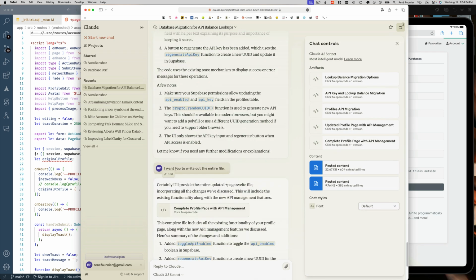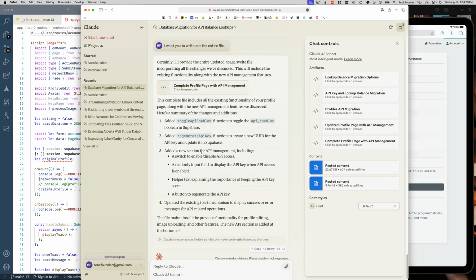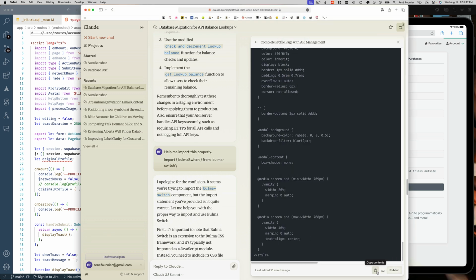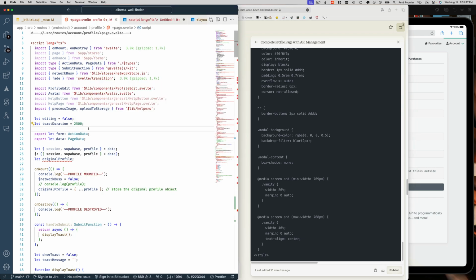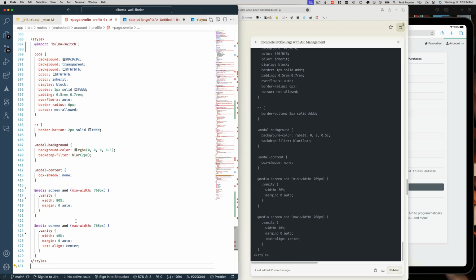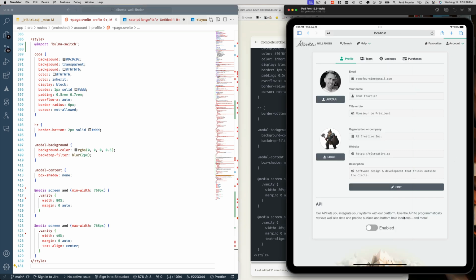So I just said, okay, I want you to write out the entire file, and then it did, and it explained what it's doing. And so at this point, nothing happens, okay? This is just toggling and nothing's happening. I copy this and just select all, paste, so a few more lines, save, and